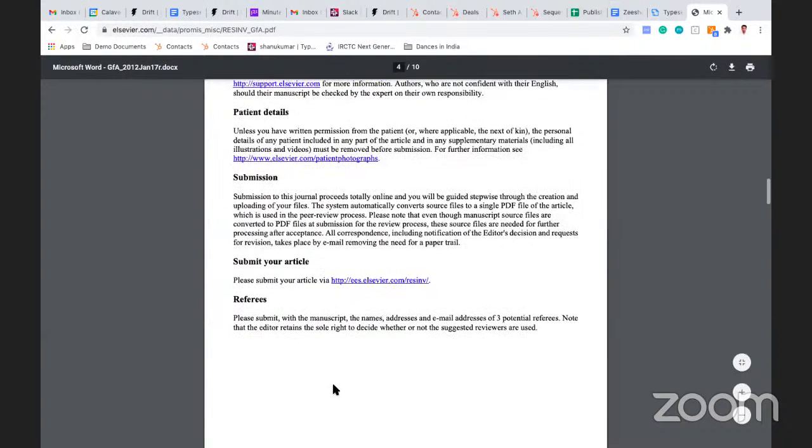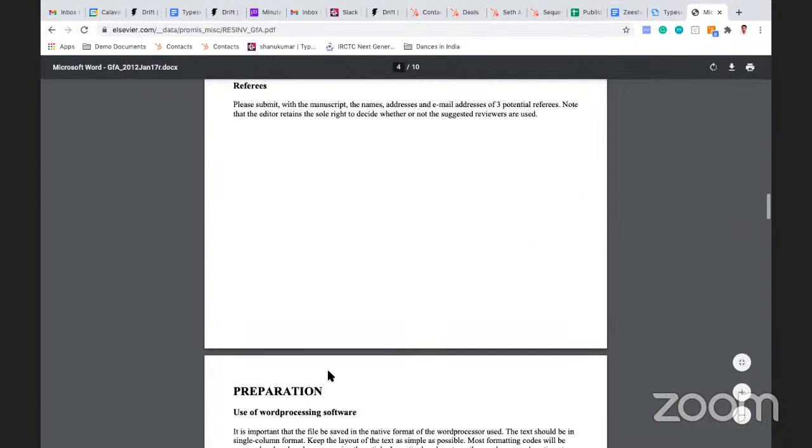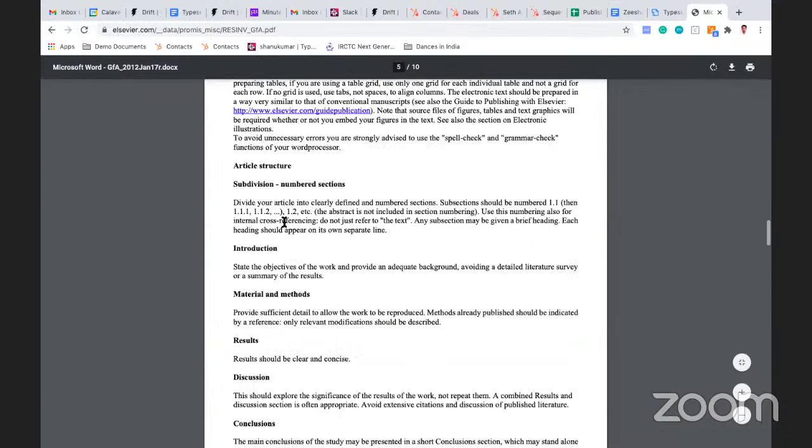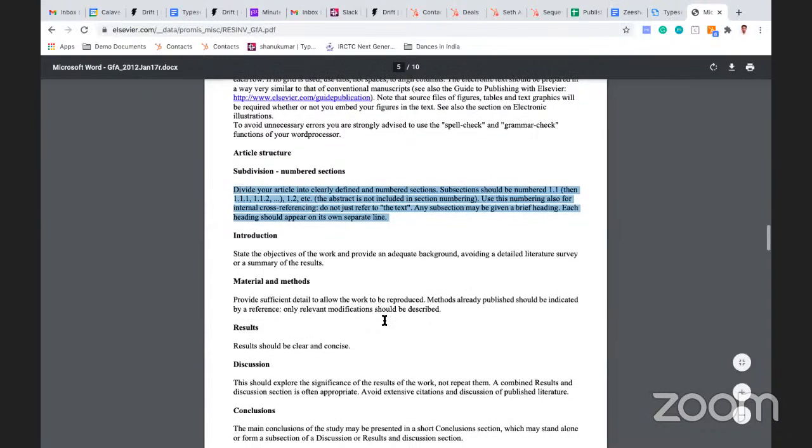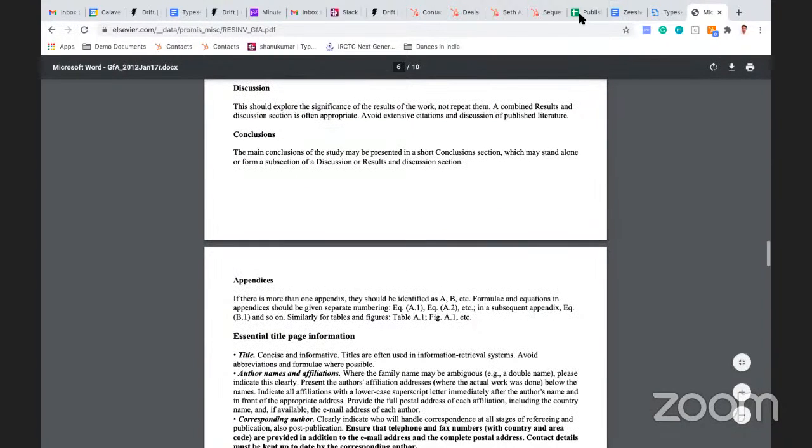Yeah, I think you can see that. So when you look at this particular document, you'll actually see that this is how you should be numbering the figures. This is how you should be numbering the titles and subtitles. So this document actually has a lot of